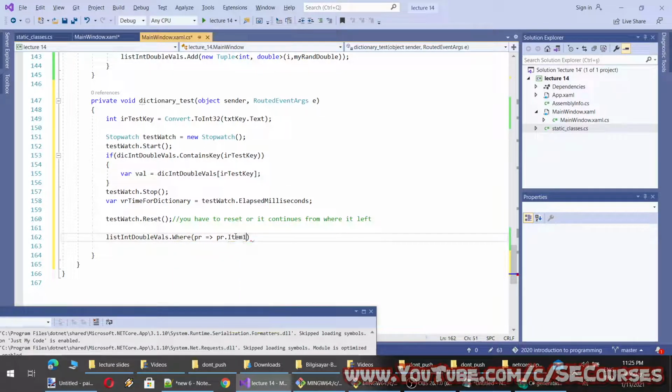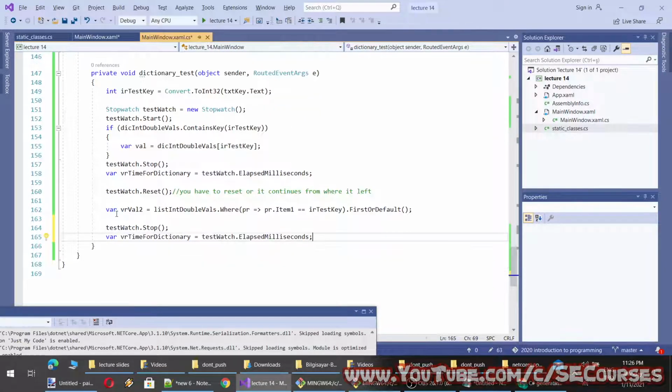Item one is the key equal to test k, and then I will get first or default. So if it is not found, it will say not found. Okay, whatever. And then I will stop the test stopwatch and get the value here, time for list, and then I will display the time.